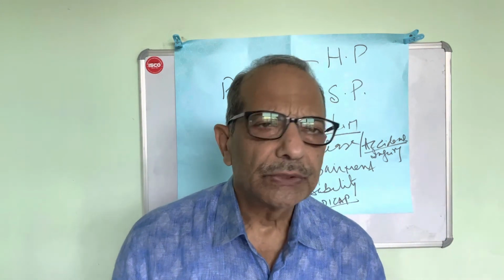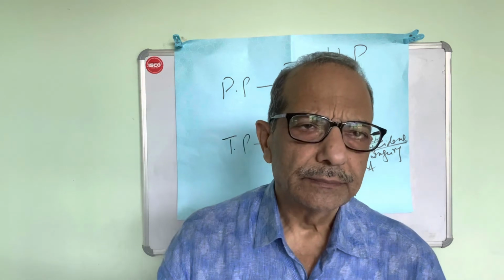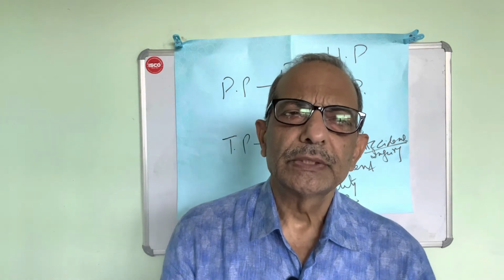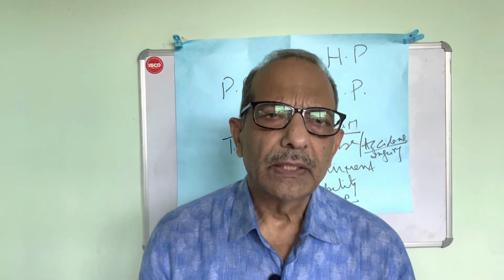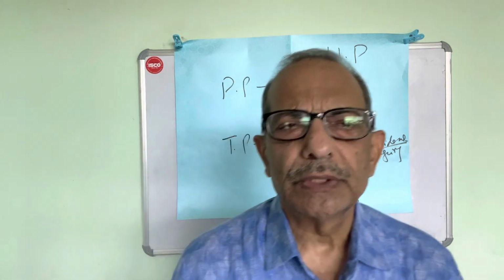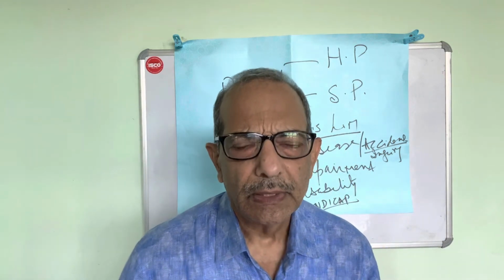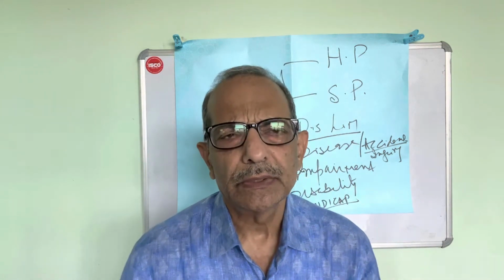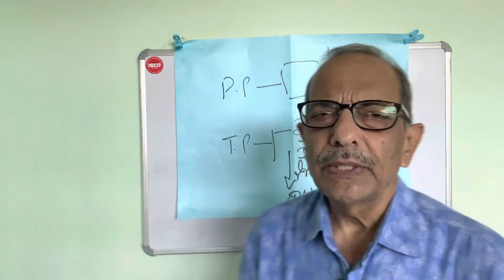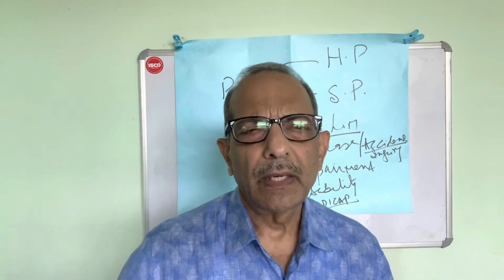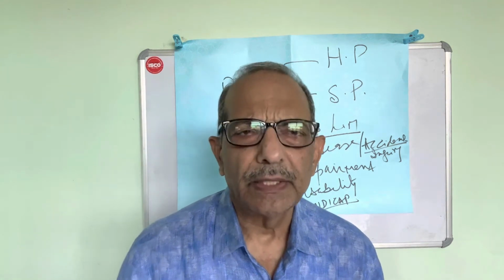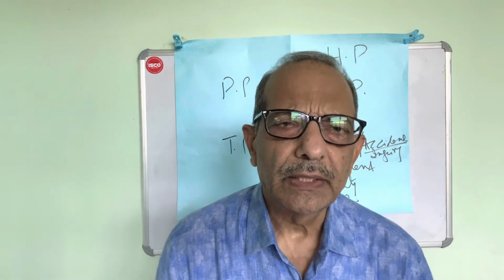The next level of prevention is early diagnosis and treatment, that is secondary prevention, and there are no subgroups under it. Next is tertiary prevention. It has 2 subgroups under it, which are important slightly in detail. We can get specific notes on each of these. The first one is disability limitation, and the second one is rehabilitation. Disability limitation, as the name indicates, we want to limit the disability, and we can add limit the mortality. So both disability and mortality.